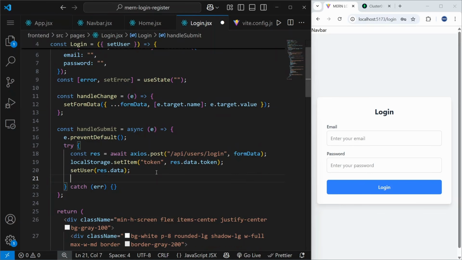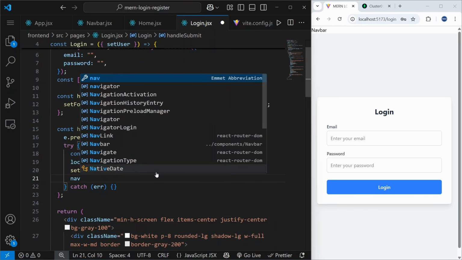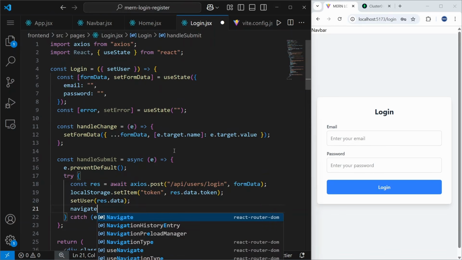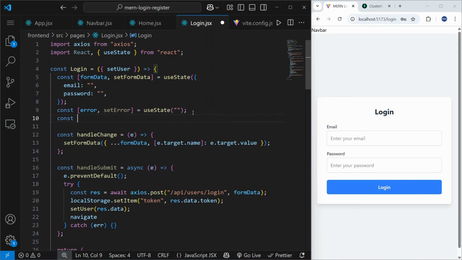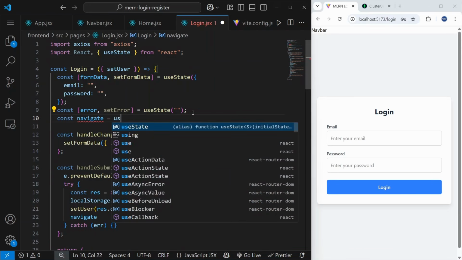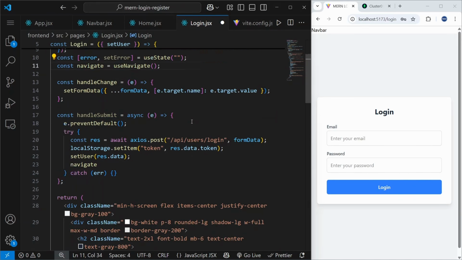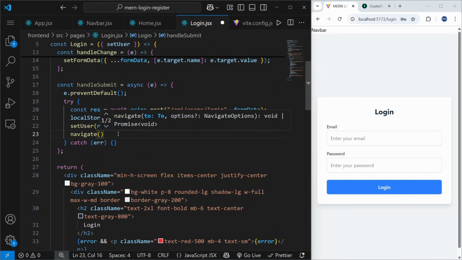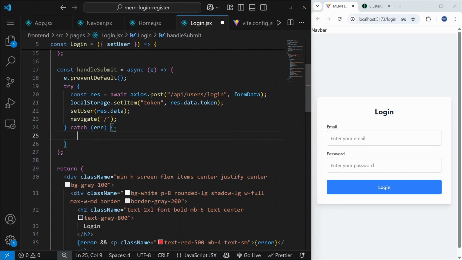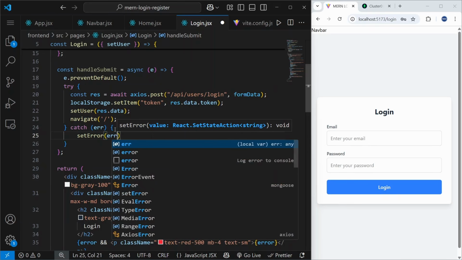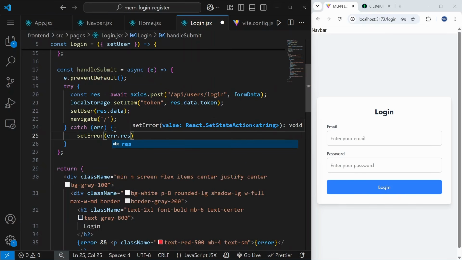And then after a successful login, we can navigate to the home page. But for that, we need to do the following. Under this state, let's say const navigate will be equal to use navigate that comes from React router DOM. And now we can see that we want to navigate to the home page. And in case of some errors, we can say set error to be equal to error.response